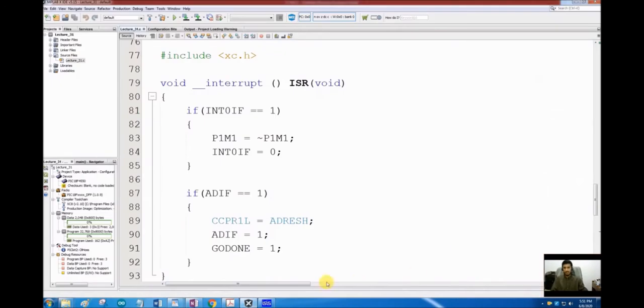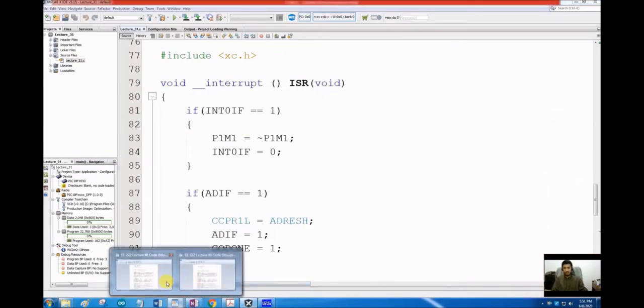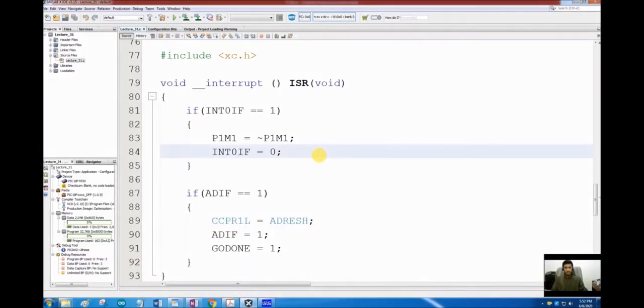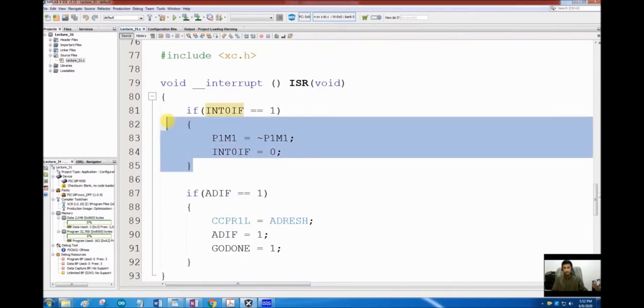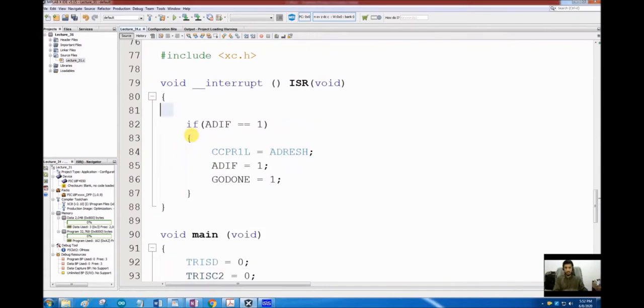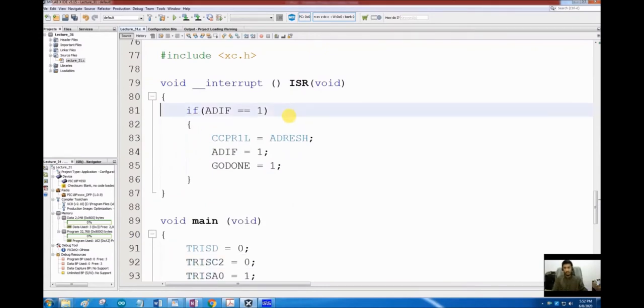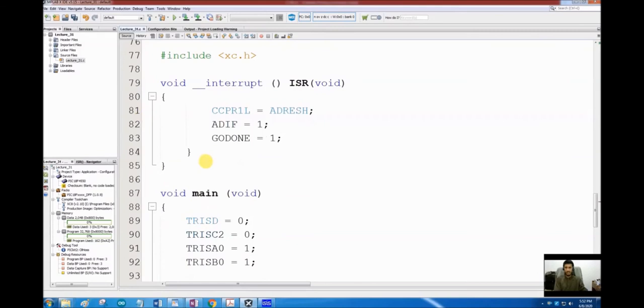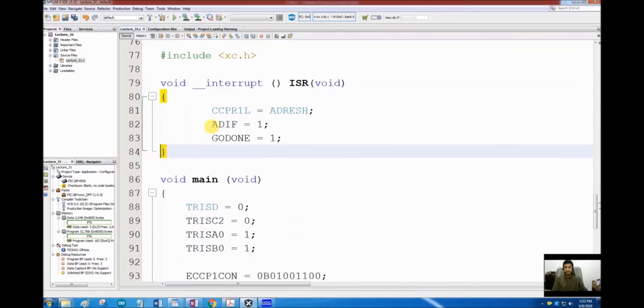So here is our code that we wrote in our previous lecture. The first thing we want to do here is we do not need an external interrupt. So I am removing the portion of external interrupt from the ISR. And now as only one interrupt is enabled, we don't need to check the flag ADIF also, because only one source is available for the interrupt.